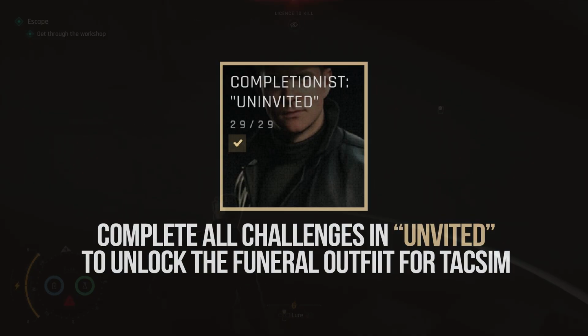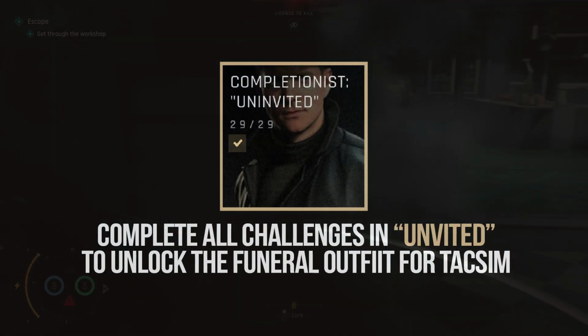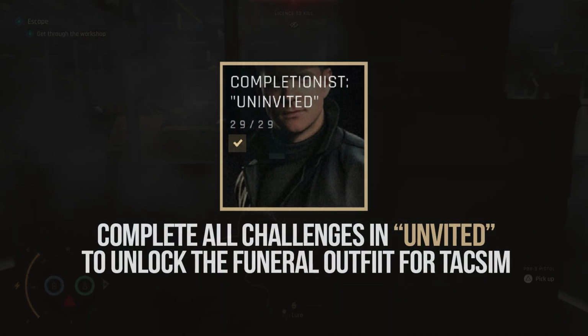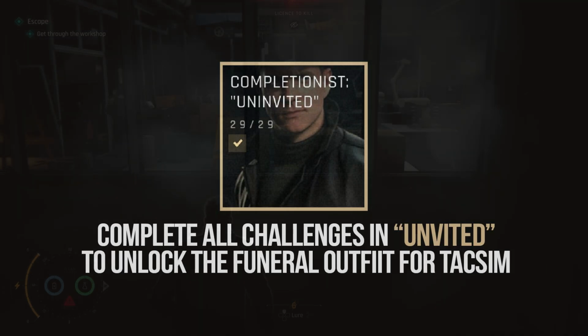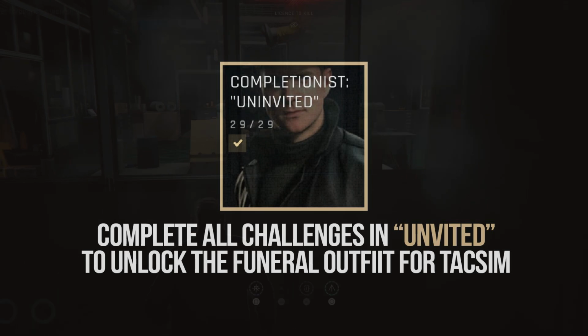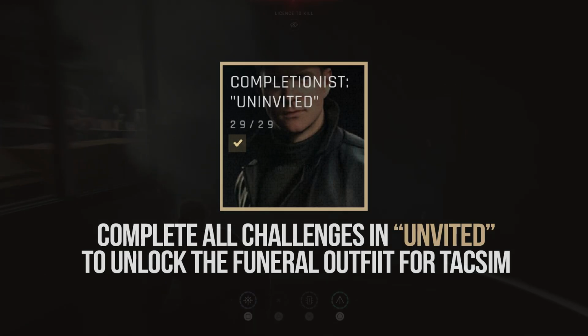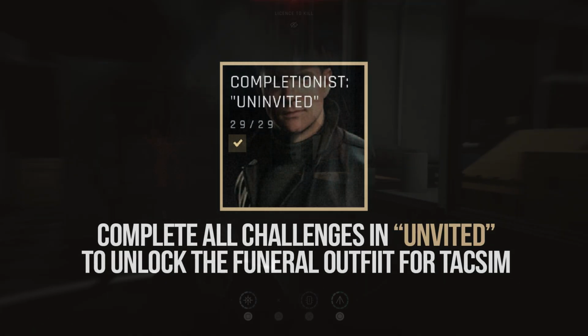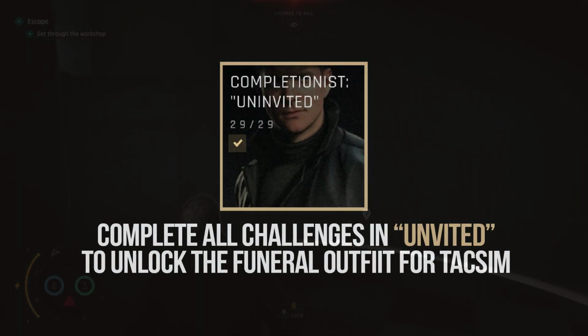And there you have it. All 30 challenges completed in the Uninvited mission of 007 First Light. If you have been following along and checking these off one by one, then congratulations, because completing every challenge in this mission will unlock the Completionist challenge, which in turn rewards you with the funeral outfit for Bond. Some of these challenges are incredibly straightforward, while others can be a bit buggy and require very specific routes or conditions. Hopefully, having everything collected into a single guide has saved you a lot of time and frustration on your